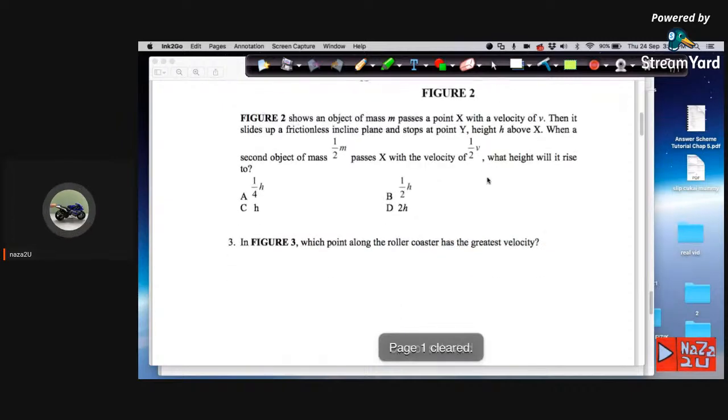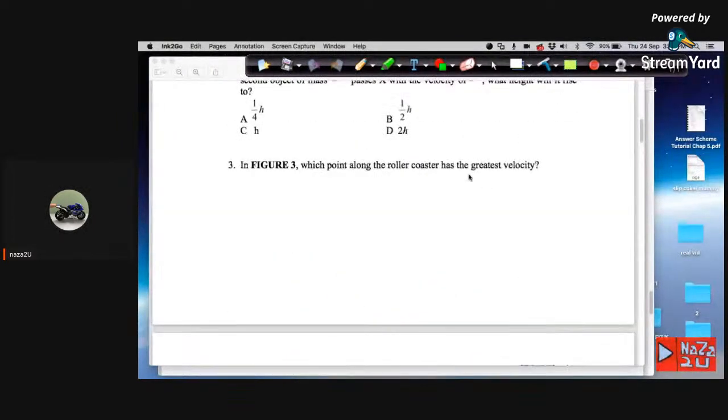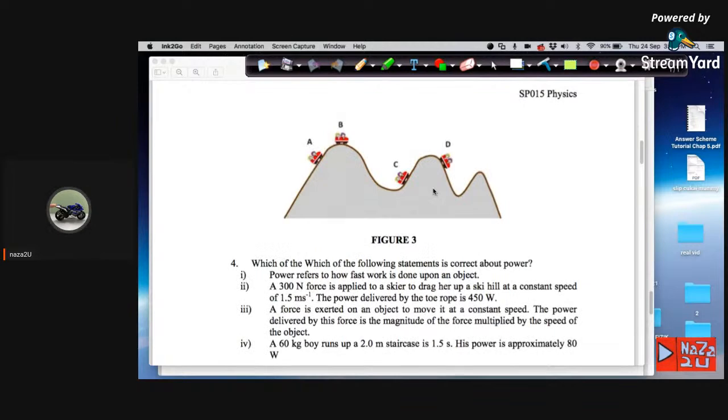Okay, continue to number 3. Number 3 is: in the figure 3, which point along the roller coaster had the greatest velocity? So if you look at the diagram here, we have a position of the object, position A, position B, position C, and D. So, sebenarnya kalau kita tengok kat sini, kalau kita ambil satu contoh yang mudah